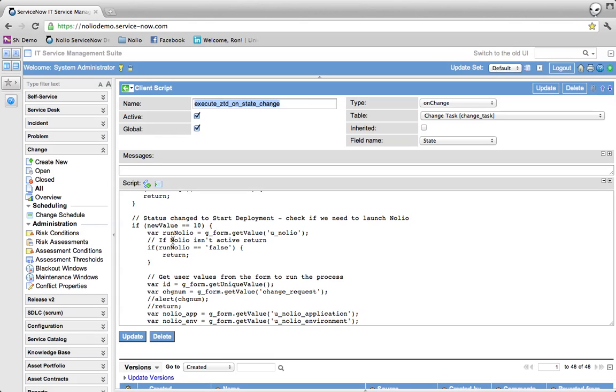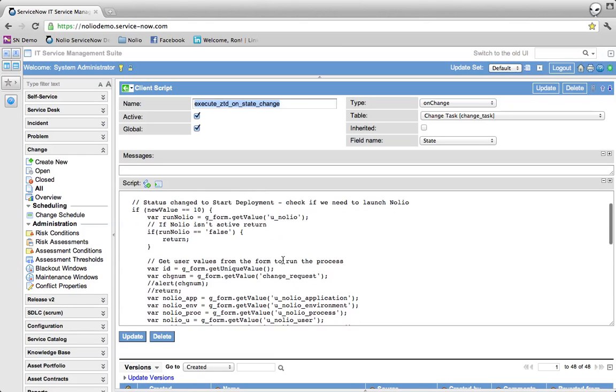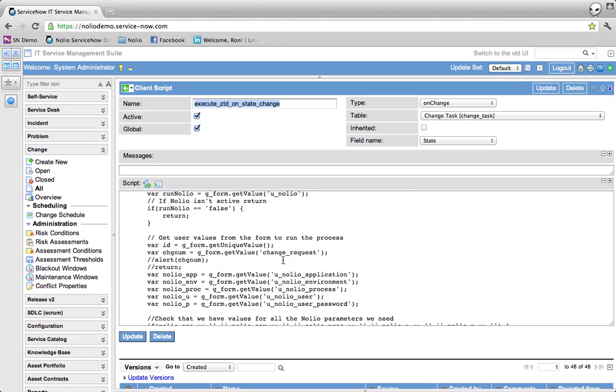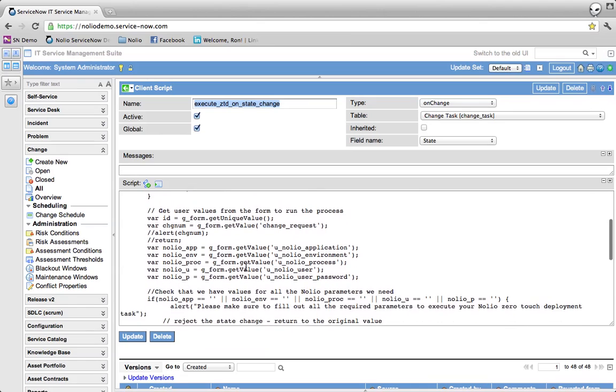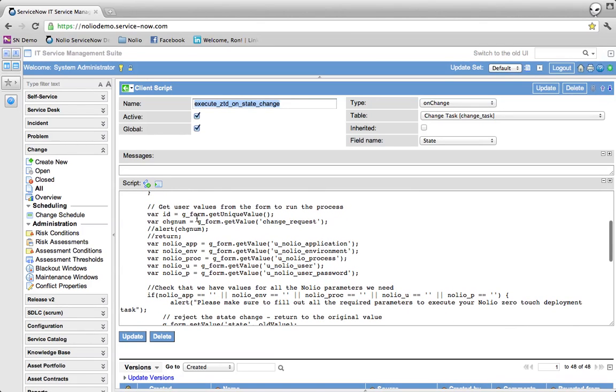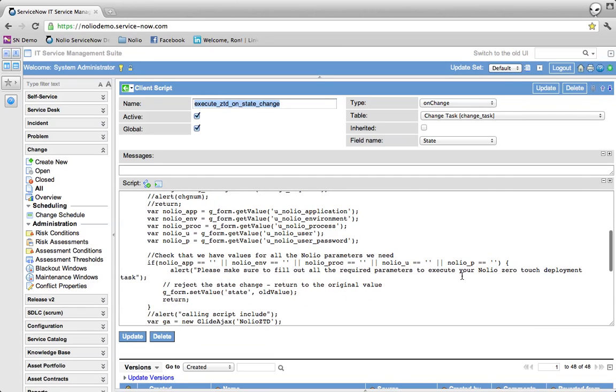So if it is, the first thing that I'm doing is I'm checking whether that Nolio checkbox is active. If it's not active, we will quit. If it is active and we've changed, I'm going to get the value from the form. This is the request number. I want to pass that on to Nolio so that in the chapter when we talk about calling ServiceNow back, you need some sort of a reference back to ServiceNow. So over here I'm preparing that. I'm getting the value for the change number to send to Nolio, and I'm getting the values from the form, the Nolio application, the environment, the process, the user, and the password, checking that they're all not empty,